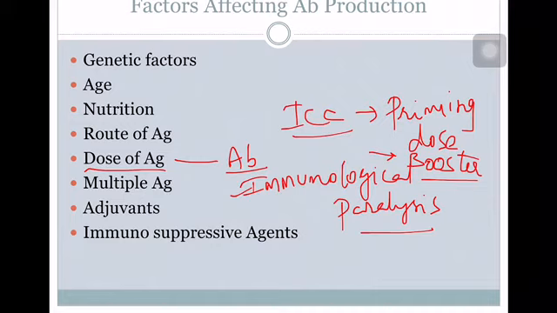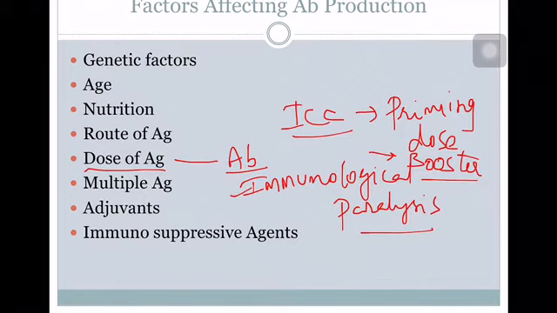That is the reason non-living vaccines are given in multiple doses for active immunization. For the live vaccine, a single dose is sufficient as the organism multiplies in the body and provides a continuous antigenic stimulus that acts as priming and booster doses.